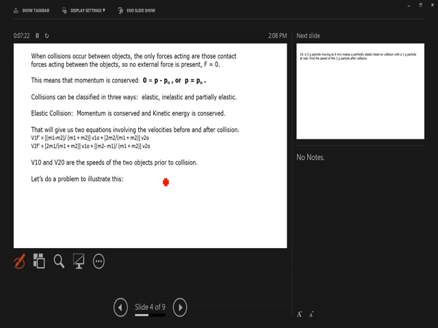Think about it this way. Here we have a ball here and a ball here, and they're moving toward each other. There are no outside forces involved. So when they strike,